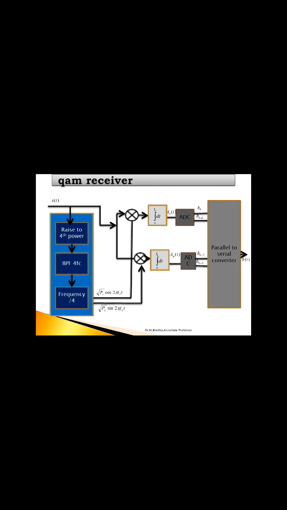We have the information as an analog signal, but your output should be digital. Therefore, use a reverse technique, ADC on odd, ADC on even. Now the bits are separated into odd and even, but you should have continuous binary data. Therefore, we go for the parallel to serial converter, and we produce a continuous serial binary data output. Whatever we have done at the transmitter, just reverse the segment on your receiver side to obtain